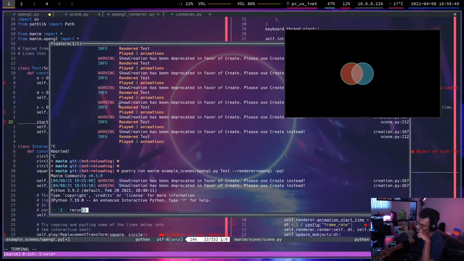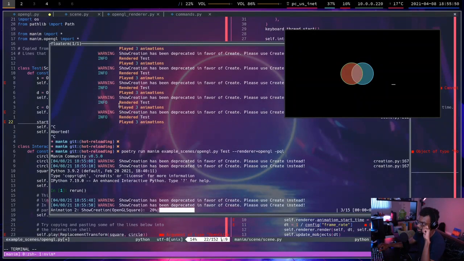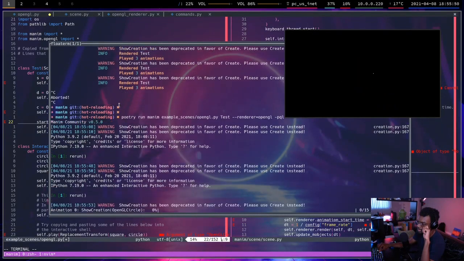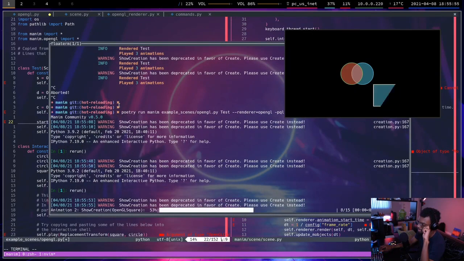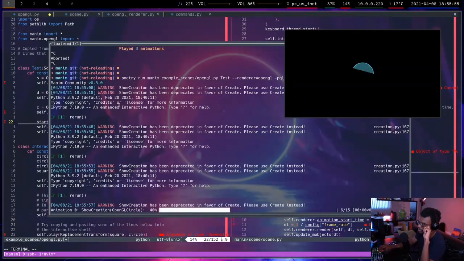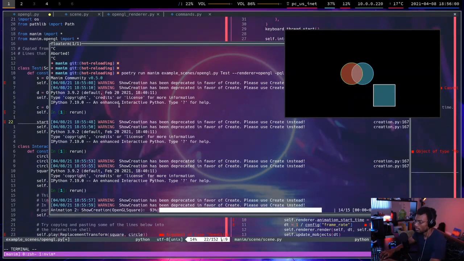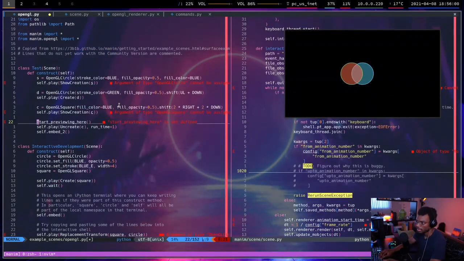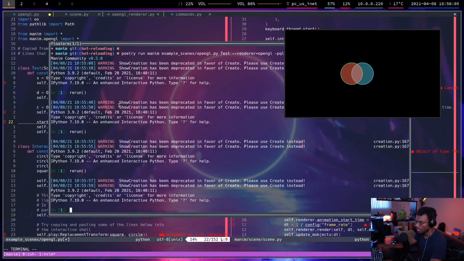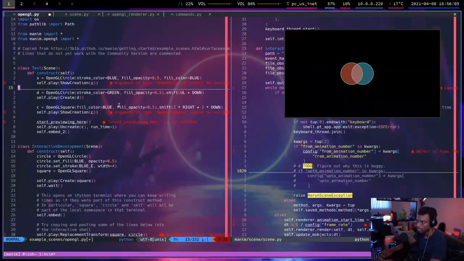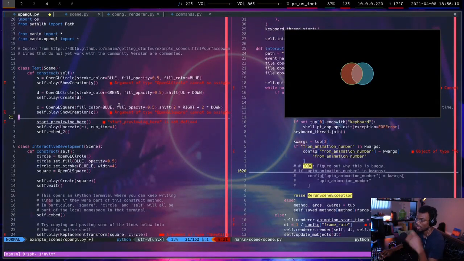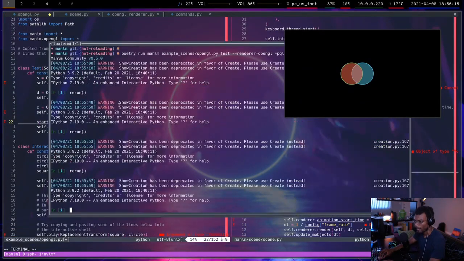So when I rerun from the keyboard thread, it doesn't update the config unless I ask it to. But somehow, when I place this line here, that's when I want it to update the config to only start previewing at this line. But when it starts executing, it doesn't know this line exists. So maybe